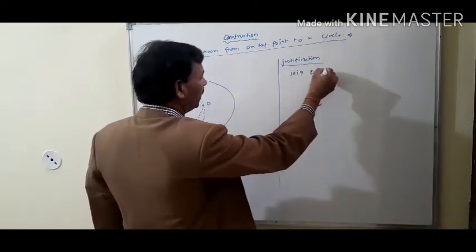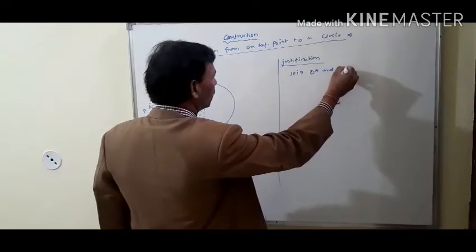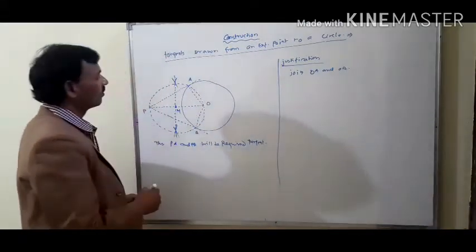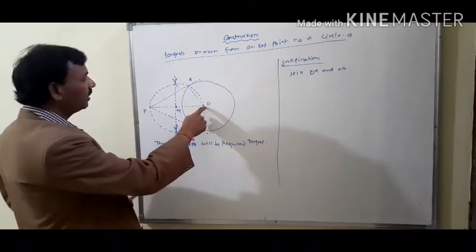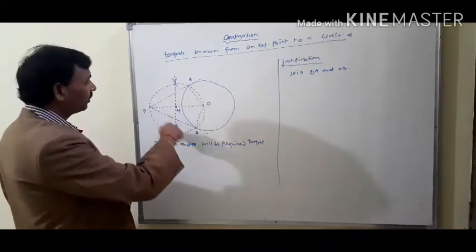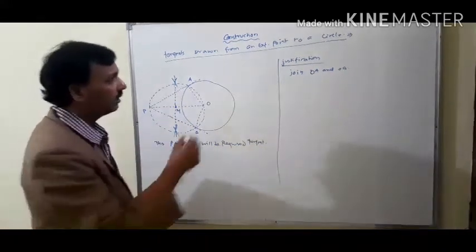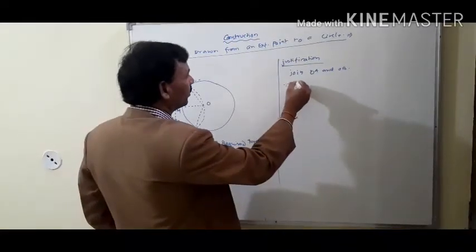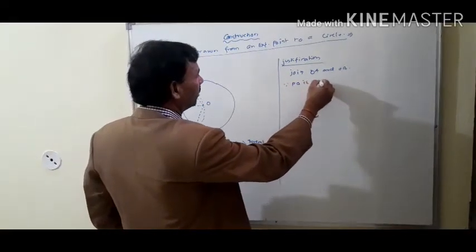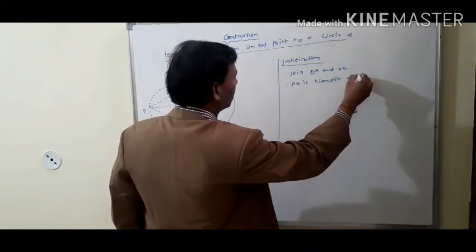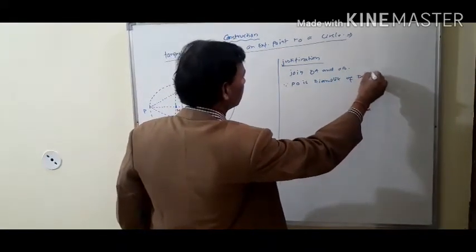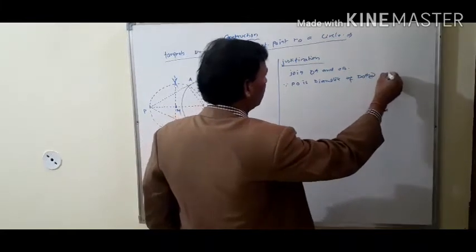As you know, PO is the diameter of this dotted circle. Since PO is the diameter of the dotted circle,